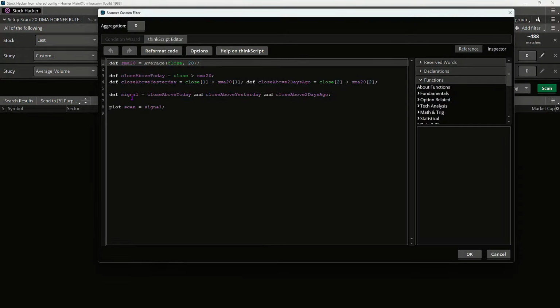Close 1 is close above yesterday's 20 DMA, close 2 is above the 20 DMA from 2 days ago, and then we can add a third one if you're looking to take a third consecutive day as an example.